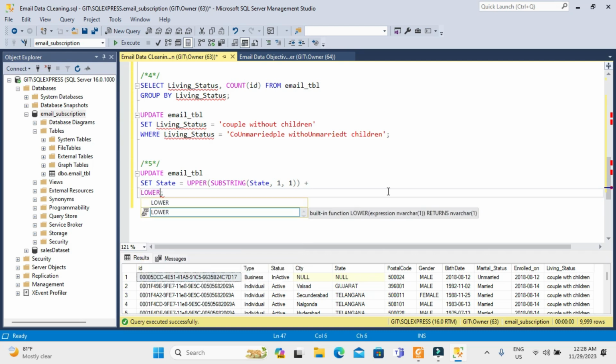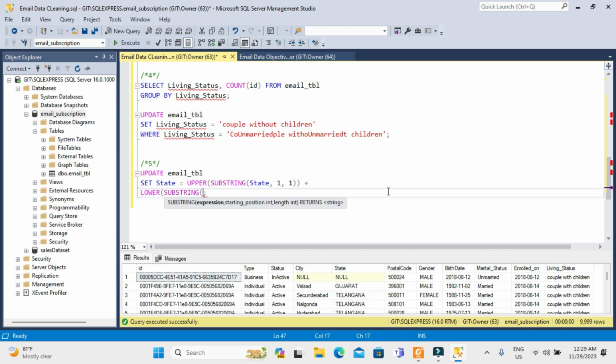So lower into brackets substring, then into brackets we call the state again, then the remaining ones. So state starting from 2,